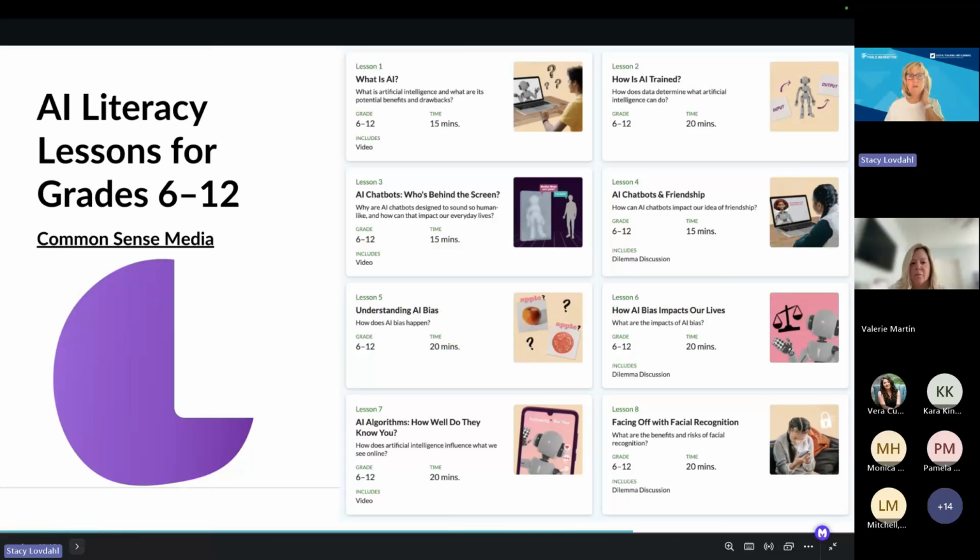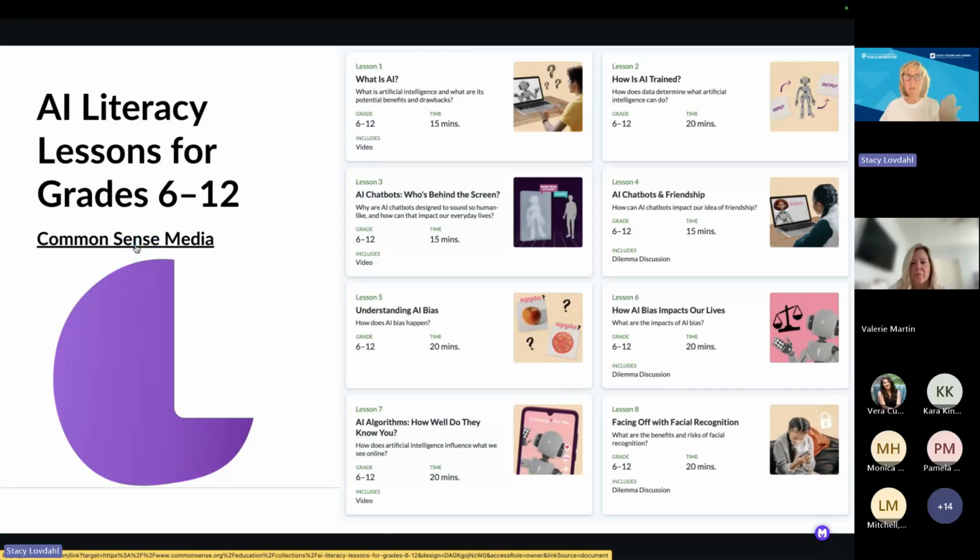But I want to show you the location for the rest of the AI literacy lessons from Common Sense Education. So there's a link here to the website directly. It's also in that Wakelet, but this is the first lesson that I did. And you can see that there's an entire series that you could do. Common Sense Education has designed them to be 15 minutes. And that would be to just say it, show the video, and wrap it up. But you can add more interactivity with students if you want to, or you can just keep it super simple.